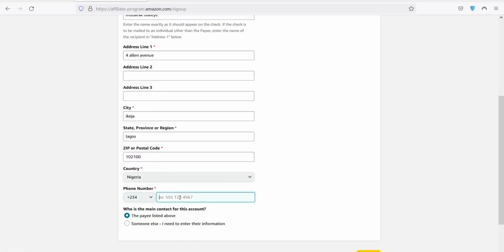Okay, then enter your phone number. Please make sure you use a phone number you have not used before. Okay, it's very important because if they detect you are using something you have used before, your account will just get banned. That's why most people get banned immediately they create an account. Okay, so click on